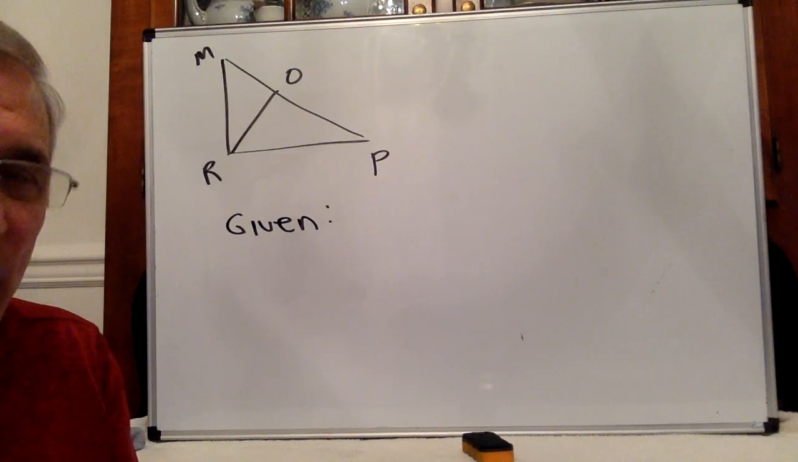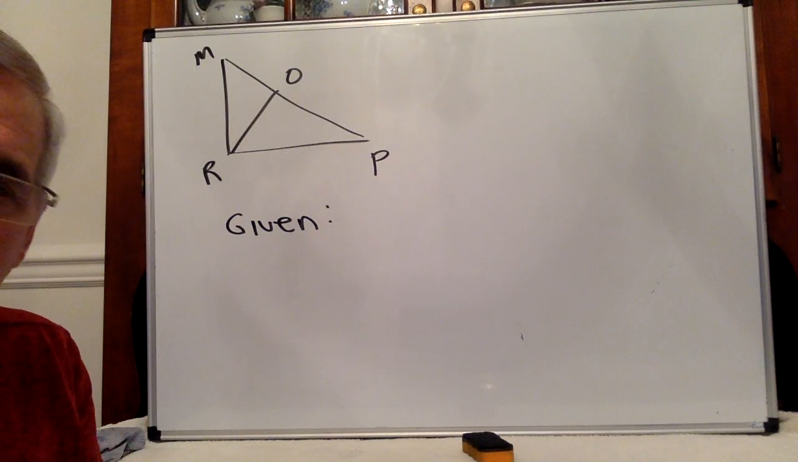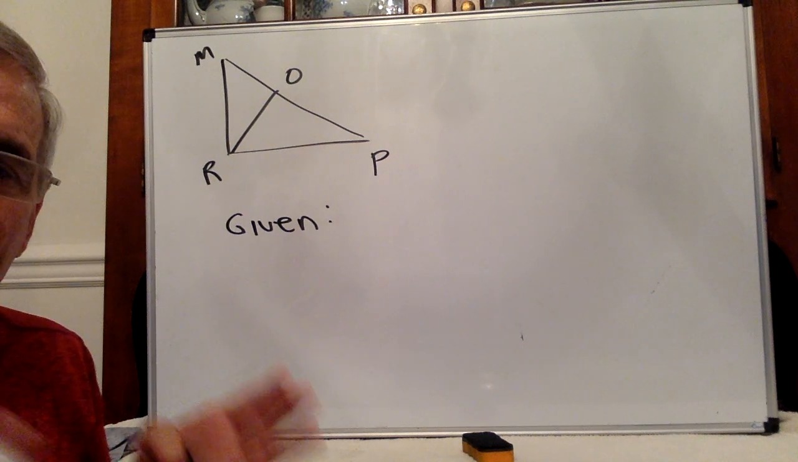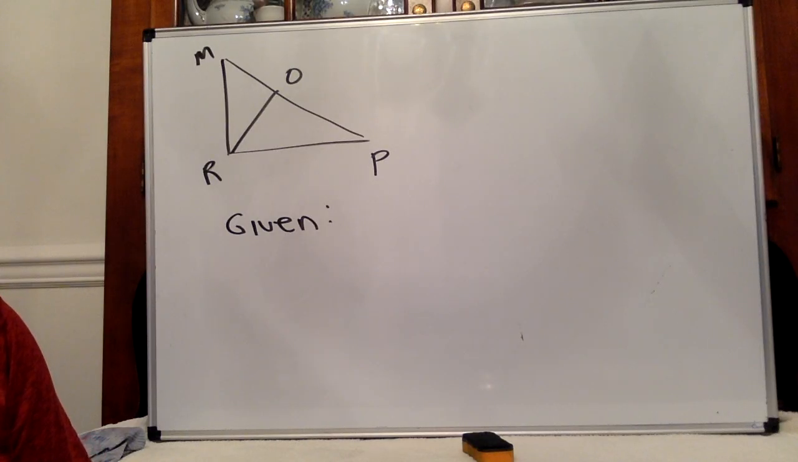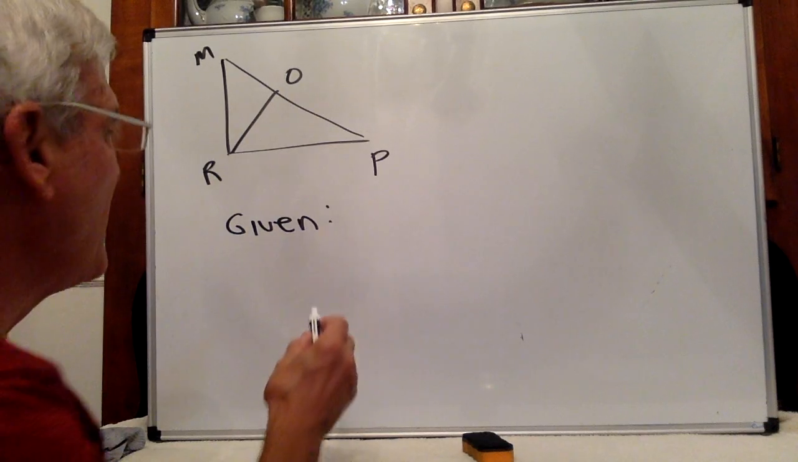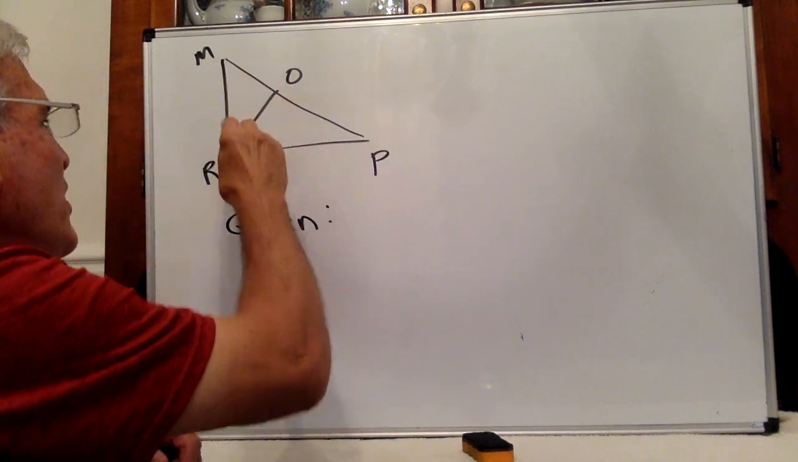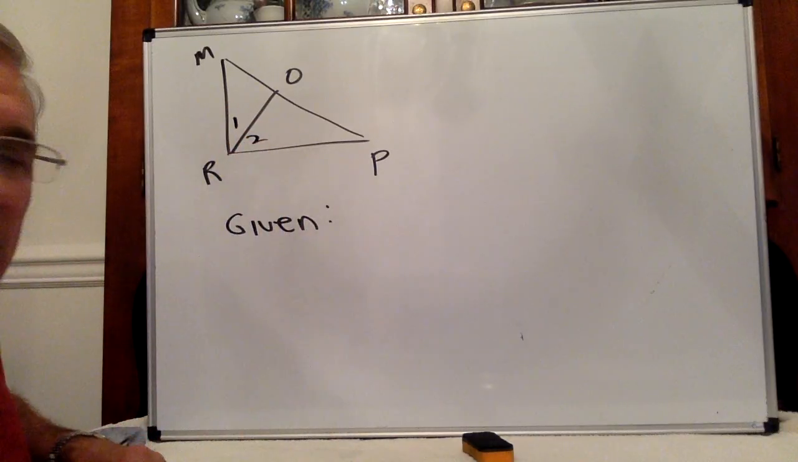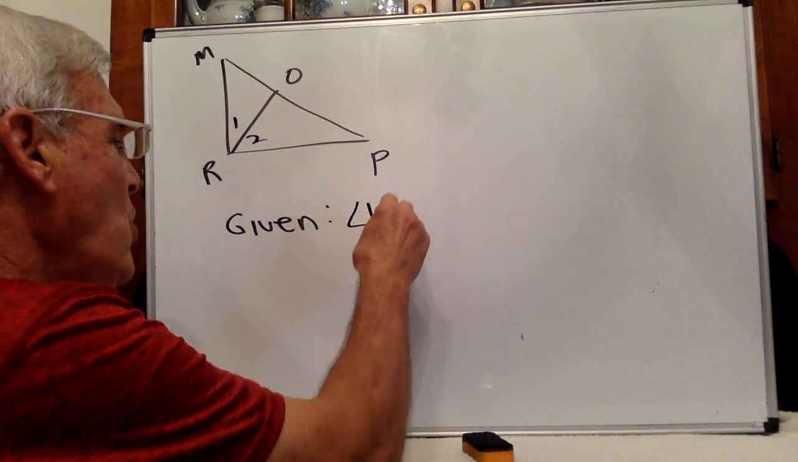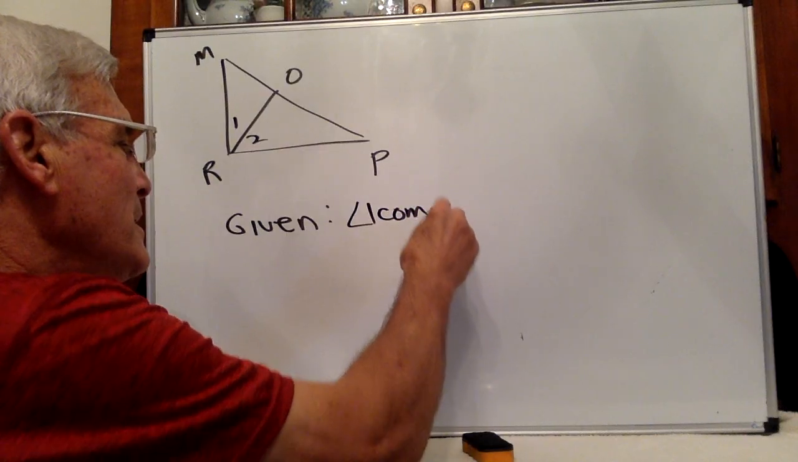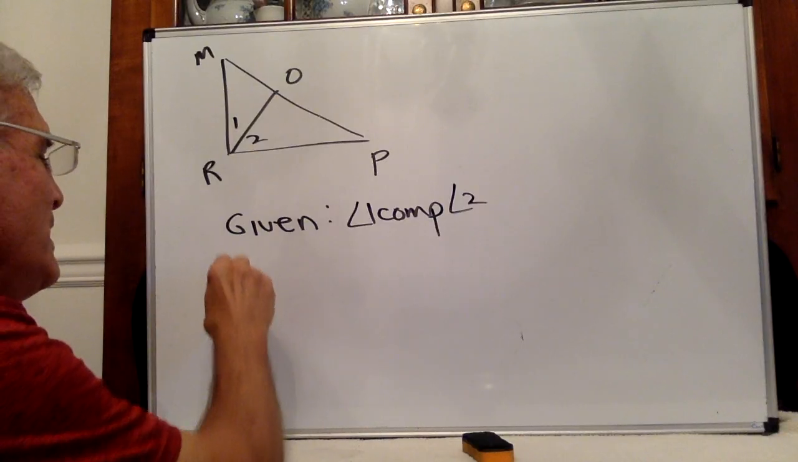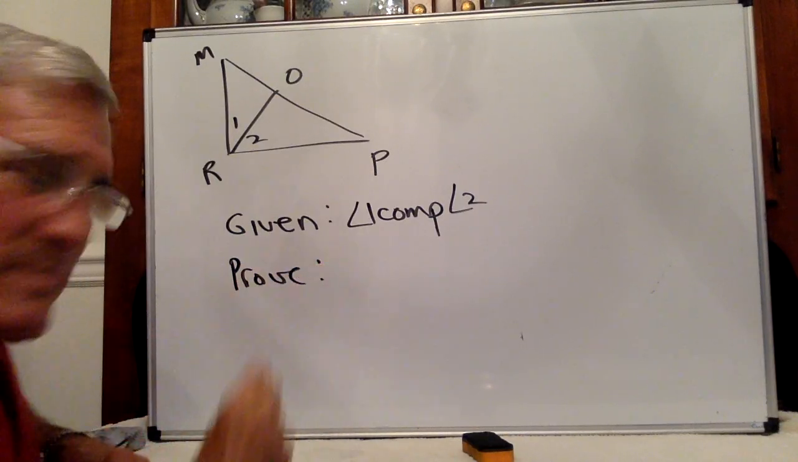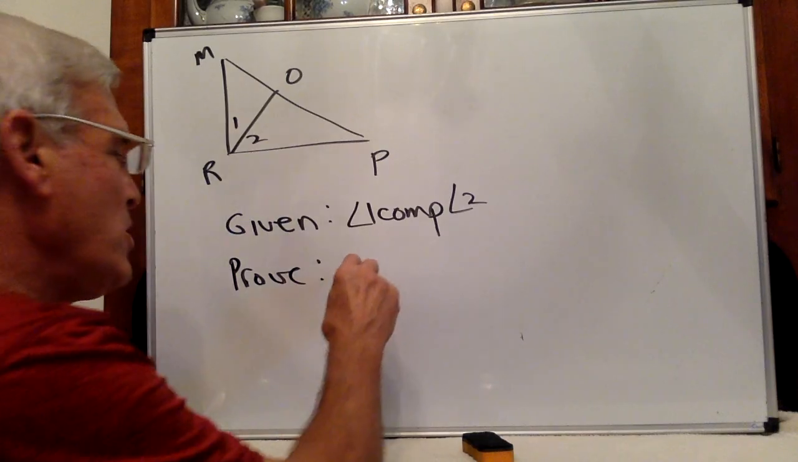In order to do a proof, you have to start somewhere. And what you always will start with is your given information. They're telling you this is true about this figure. And what they told you is MRO is the complement of PRO. MRO is the complement of PRO. And I am going to use numbers to make this a little bit easier. Angle 1 is the complement of angle 2. They're giving you that fact. And they said, prove that angle MRP